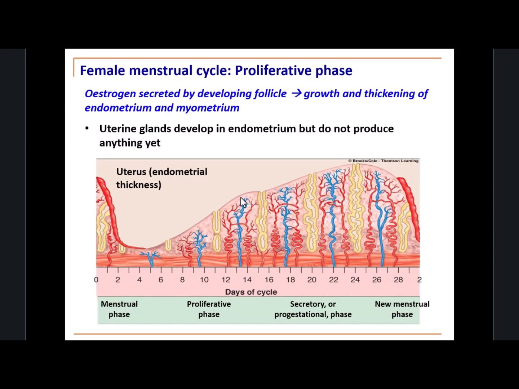So it's priming the uterus for that progesterone that's going to be secreted in that luteal phase. And that thickness that we've talked about has now gone up from 1 millimeter up to 5 or 6 millimeters at this point. Okay, so the uterine glands within the endometrium are now developing, but they aren't at this point producing anything. We then have a little bit of flatlining at about day 14-ish in a regular 28 day cycle,